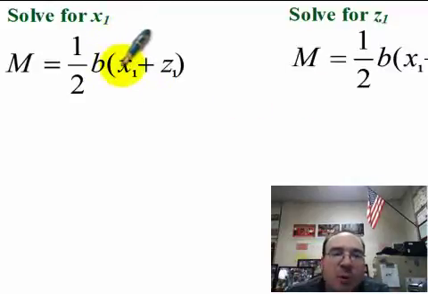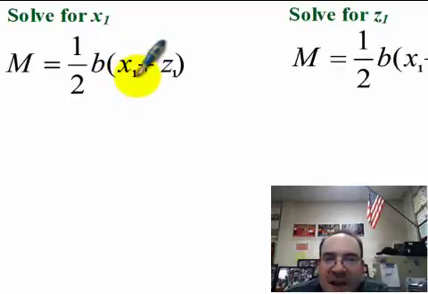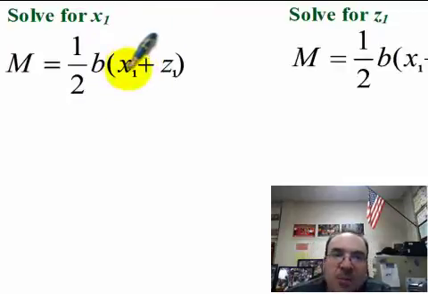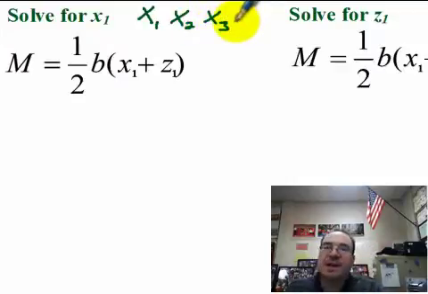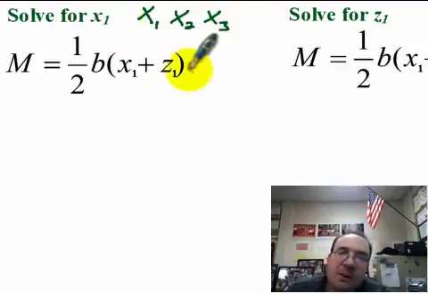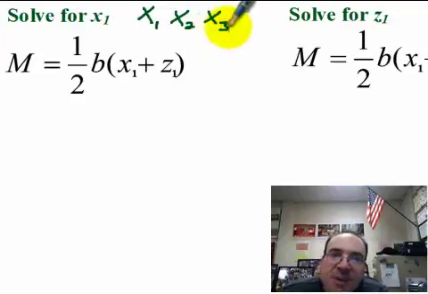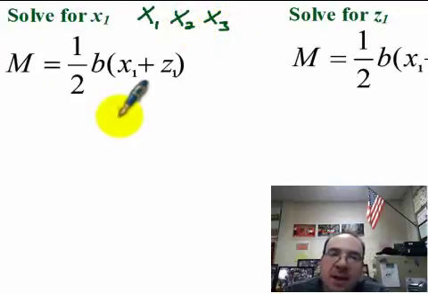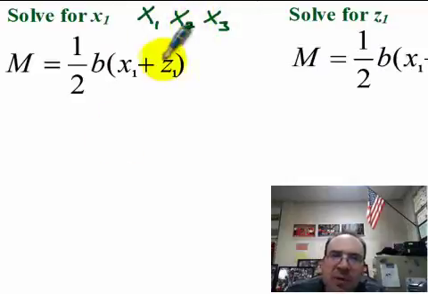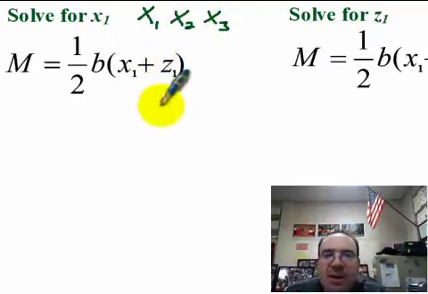Okay, so next problem here. We want to solve for x1. Now this little 1 here, that doesn't really do anything except help us name things. Like if I had a bunch of variables and I ran out of alphabet letters, I might use x1, x2, x3. If I had like 100 different variables, then you might want to use x's with what are called indices, or an x with an index, rather than x, y, z. So the 1 and the 2 and the 3, or whatever little number you see down there, just lets us